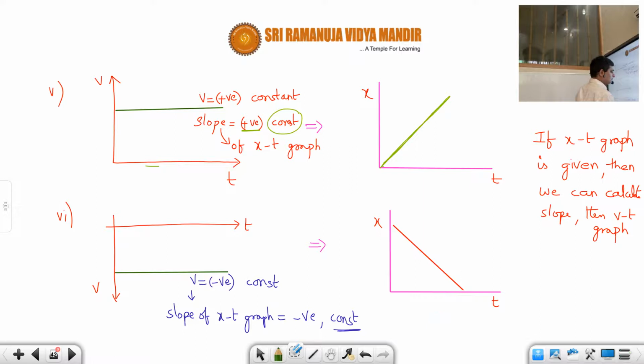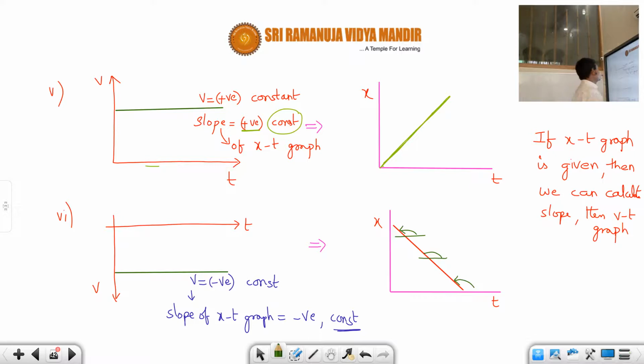Okay. So therefore the correct graph is this one. Here you can see the slope is negative or not, students? Definitely it is negative. At any point if you take, it is negative only. So that means when the VT graph is a straight line, students, the velocity will remain constant and the slope will remain constant.